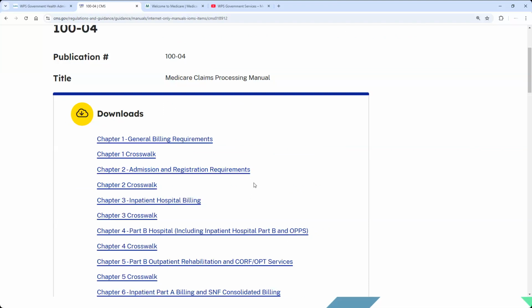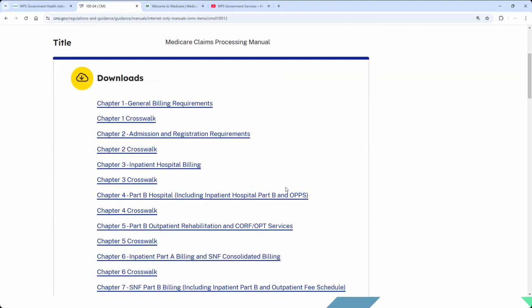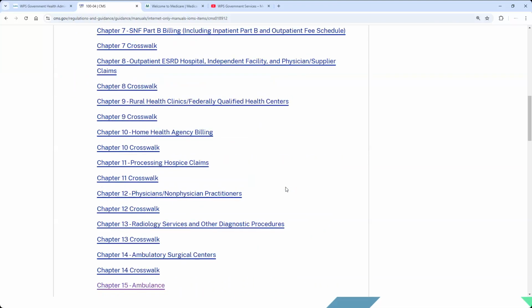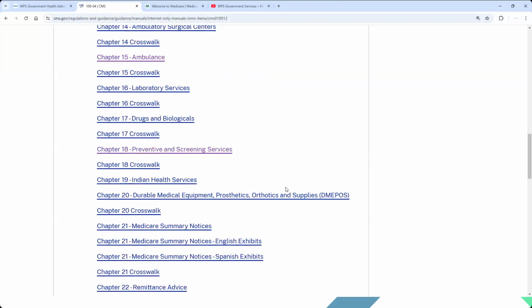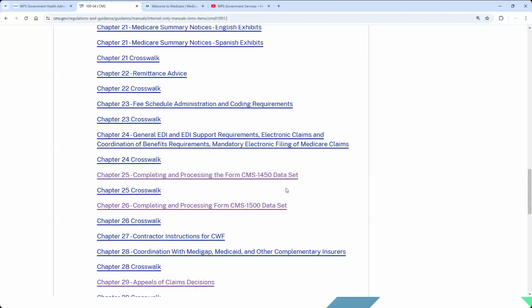We don't ever want you to ignore the general billing requirements. This is applicable for everyone unless there's something specifically written into one of the other chapters or manuals to override it. So again, this is general in nature, but something else could always be overriding that if it's very specifically written in that manner. The questions that we got, or that I got particularly, were about filling out the CMS forms